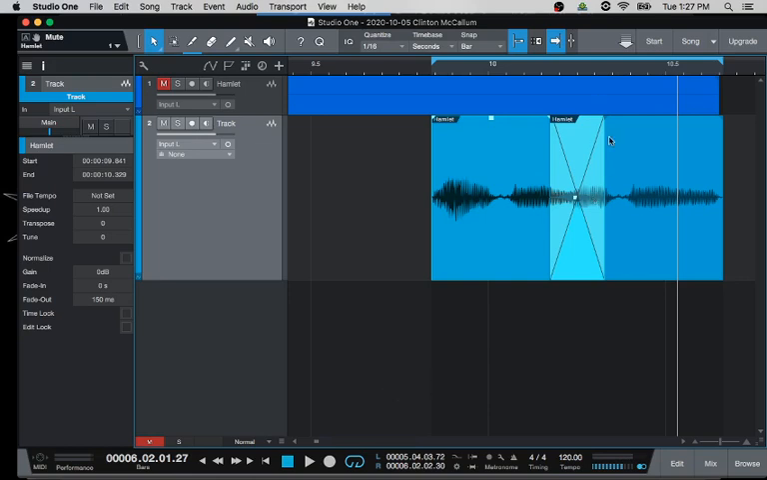Now, how you make decisions about fades and hard cuts is up to you. It's an aesthetic thing, right? Sometimes you might want a smooth transition between two sounds. Sometimes you might want a very abrupt transition. For instance, we can, now that we have this crossfade going on,